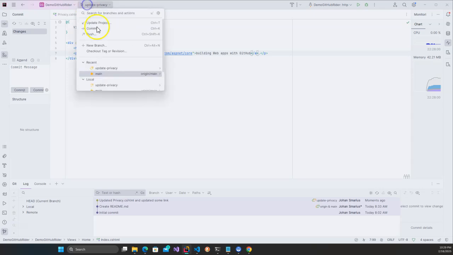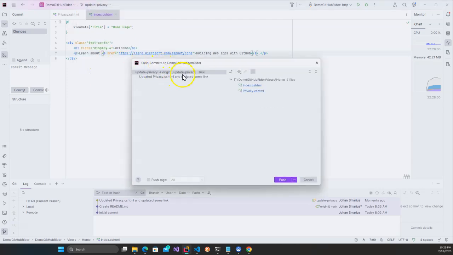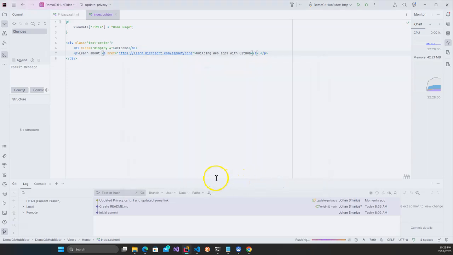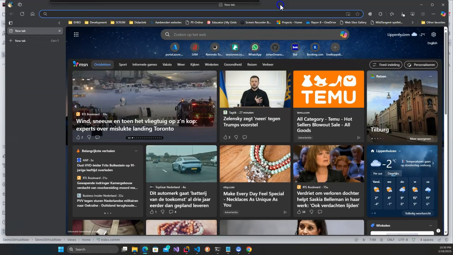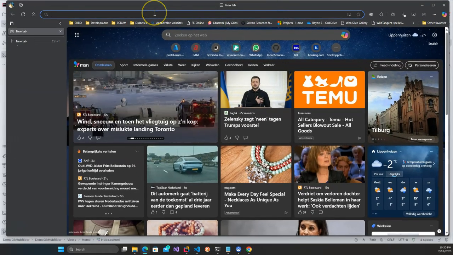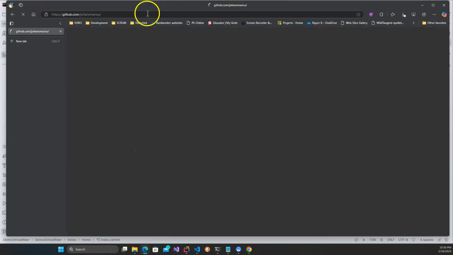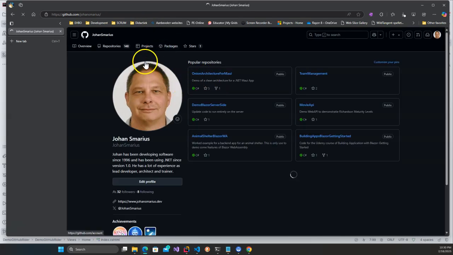So what I'm going to do is I'm going to push the change to the remote. So simply press push. And now these changes will be available on my remote GitHub as well. So if I open up a browser and I go to my GitHub and I'm going to check out my repositories,